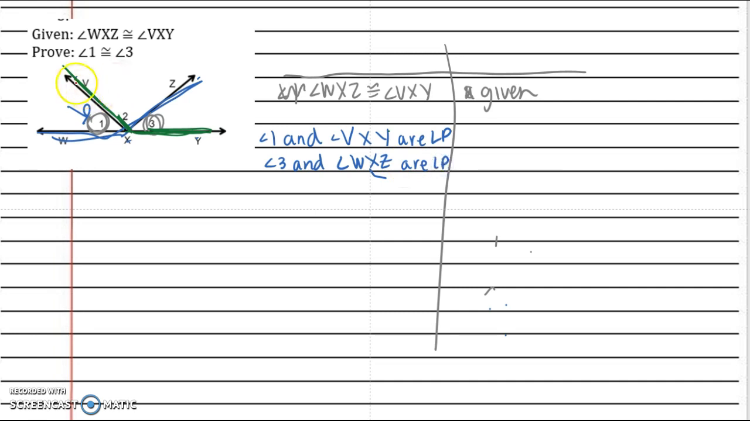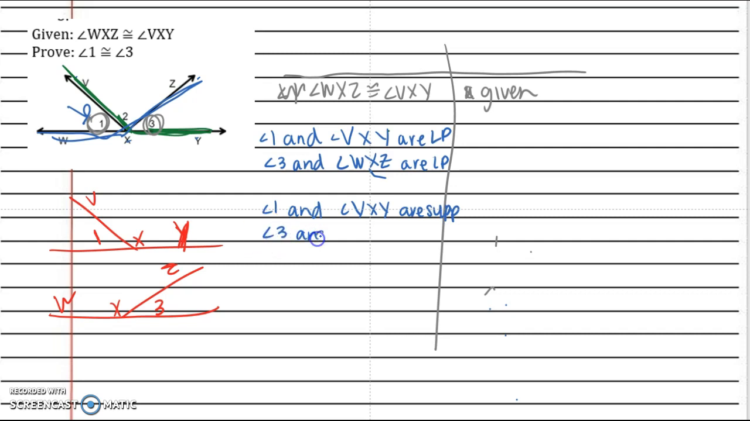So that might be kind of hard to see. If you're looking at the line this way, it's 1 and VXY. And if you're looking at the line this way, it's 3 and ZXW. Then we go through the tedious process again of saying that angle 1 and angle VXY are supp,